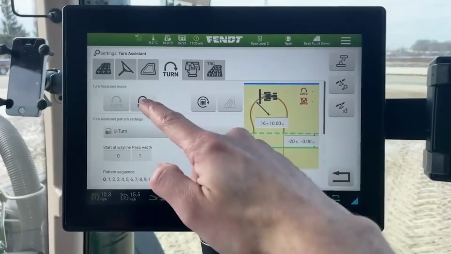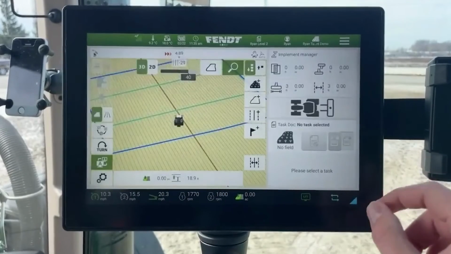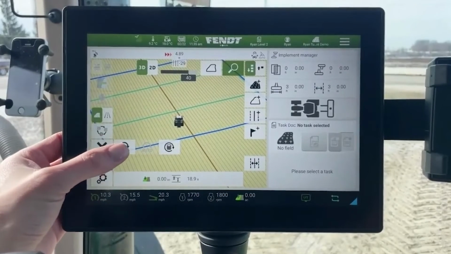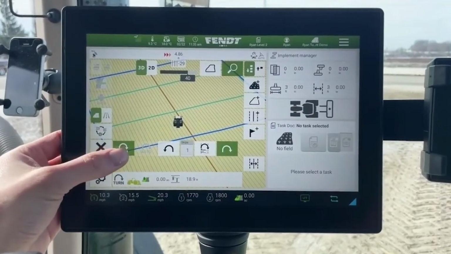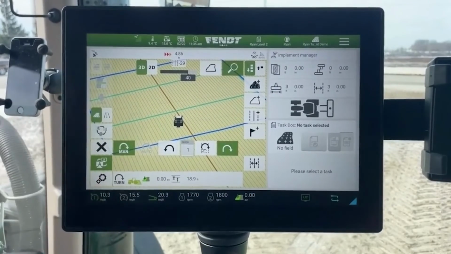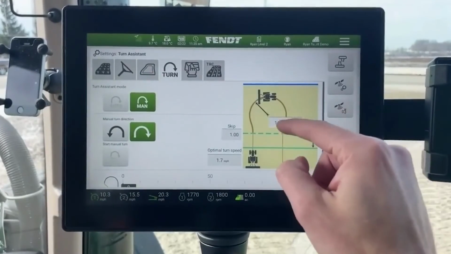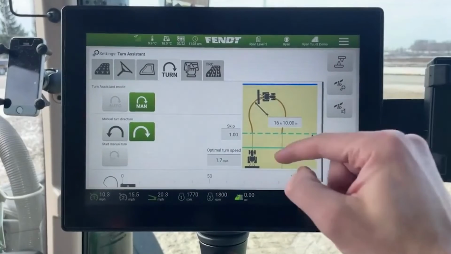You also see this manual button here. Let me go to the map screen to show that. You can also manually initiate a turn. If you turn this manual turn on, it saves some of the setup. In the turn assistant menu here, you would still need to set your radius for the turn, and you need